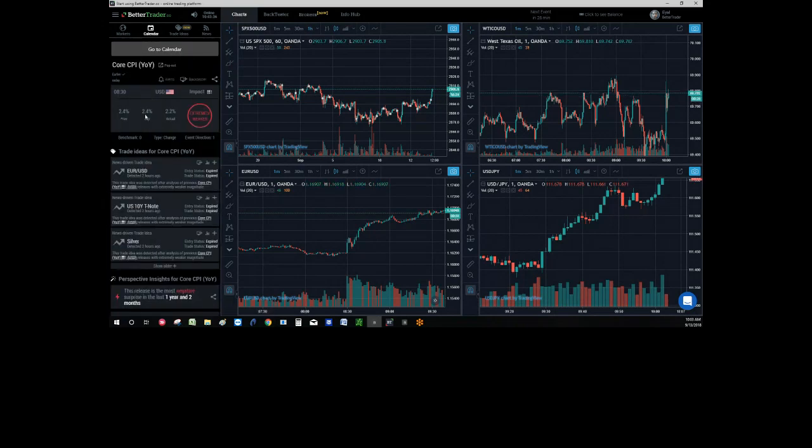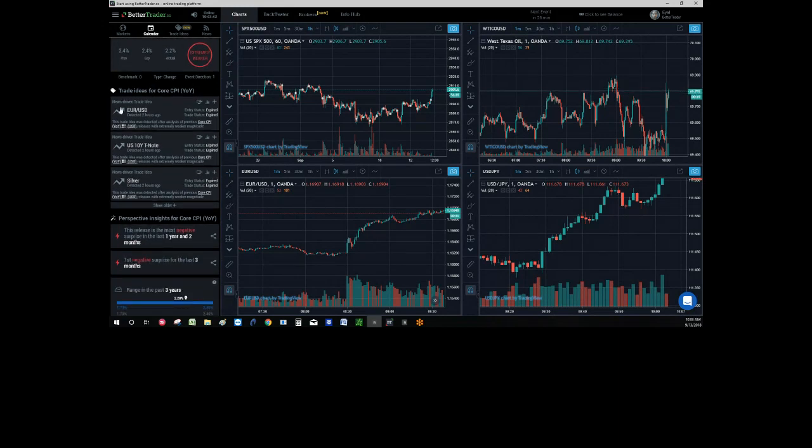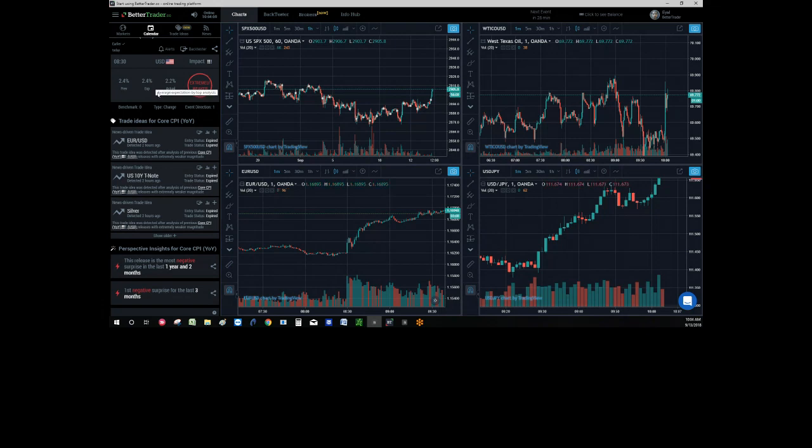So let's take the core CPI that was released earlier today, and let's see, it's extremely weaker. The expected was 2.4. The actual number is 2.2. It's extremely weaker. This 0.2% looks like a very small difference, but it's extremely weaker because it's a very important number, and such a surprise is something abnormal. So extremely weaker, this is the first indication that you get.